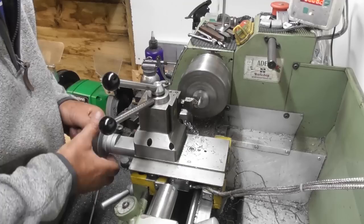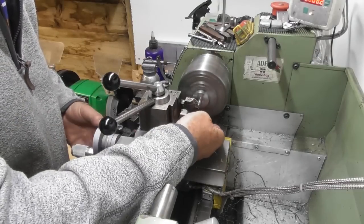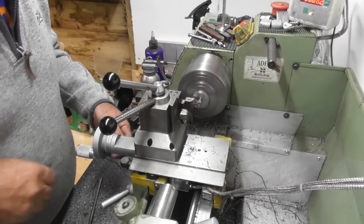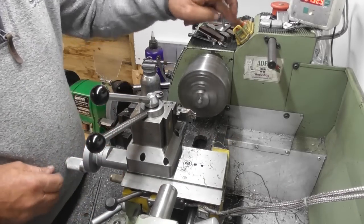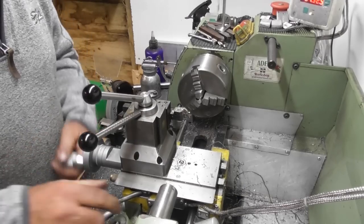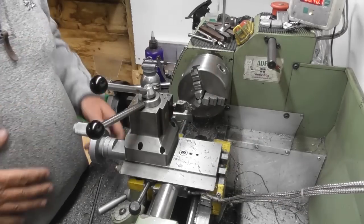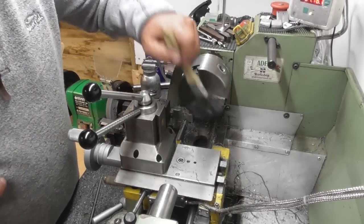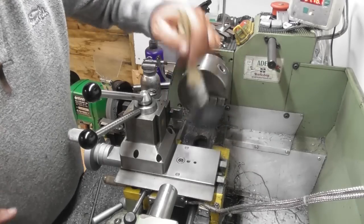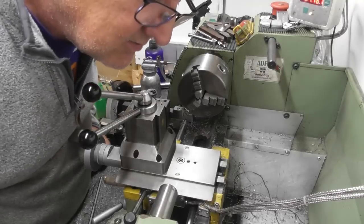So just part it off. Hot, hot, hot, hot. I was expecting it to be hot. But at least when I caught it and put it down there, it's not in all the swarf underneath. That's my excuse. Okay, so yeah, I think we need to take it to